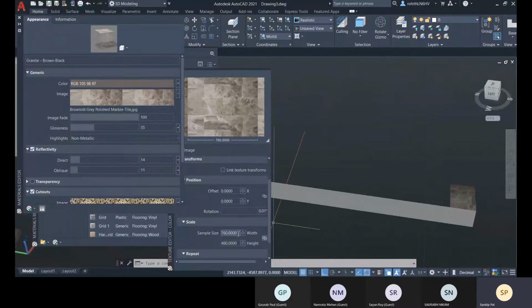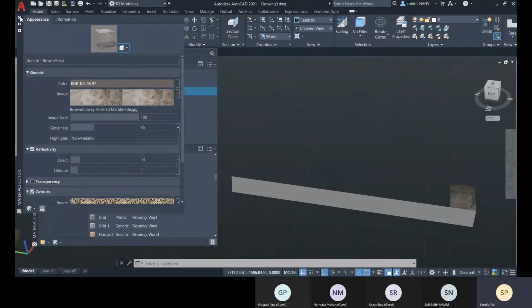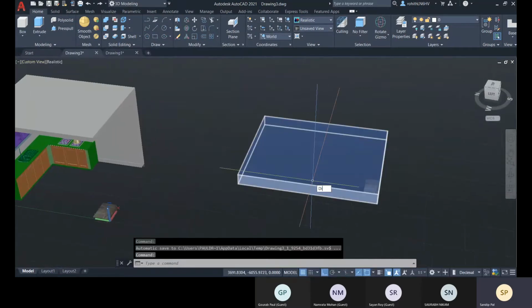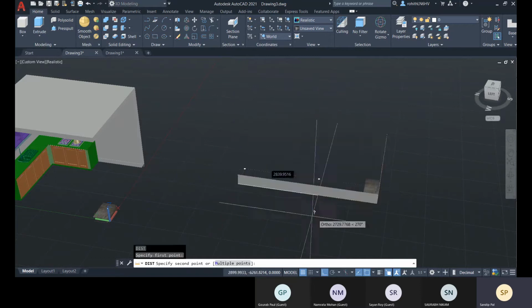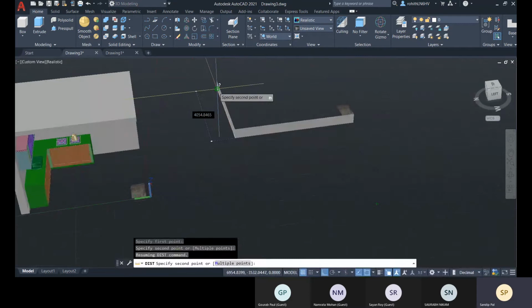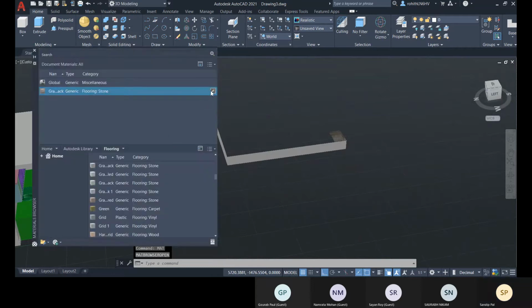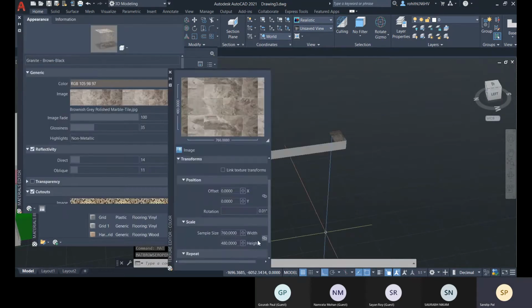so this is the sample size here. So for that, let me give the sample size of this size, that will work properly. For this, let me give the sample size. So this sample size width and height is locked right now. So if you change width, that will change the height as well.